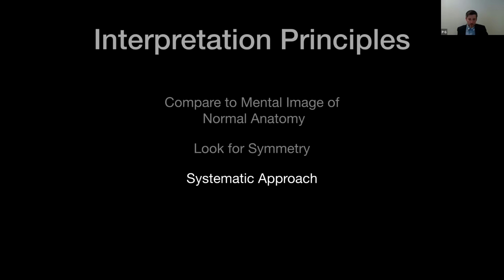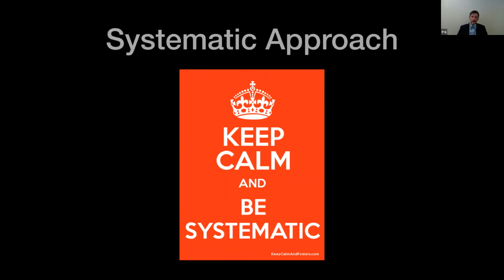So next we're going to talk about having a systematic approach. Whenever you look at a cone beam scan, you want to have the same workflow or viewing sequence every time, like I said, axial, coronal, and then sagittal for me. That way it becomes habit and you become much more efficient and quick and thorough at reading these. So I like to do the same thing every time.